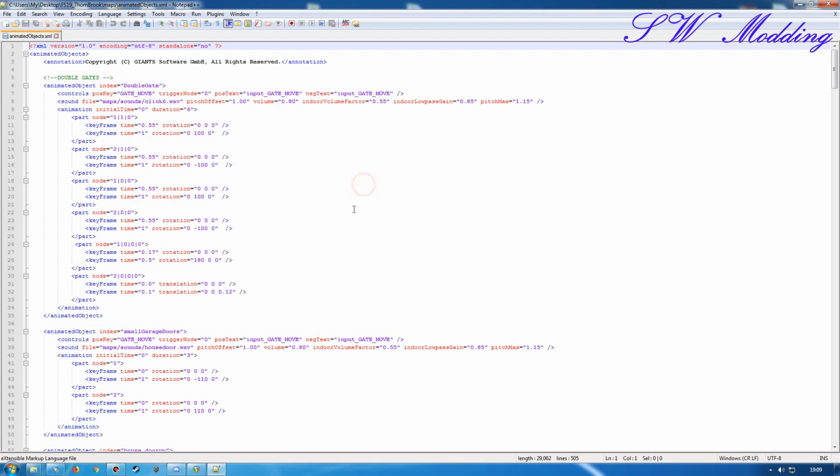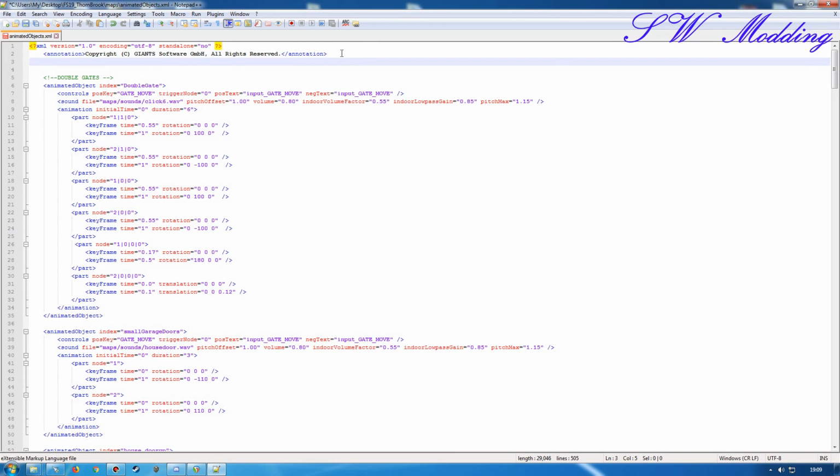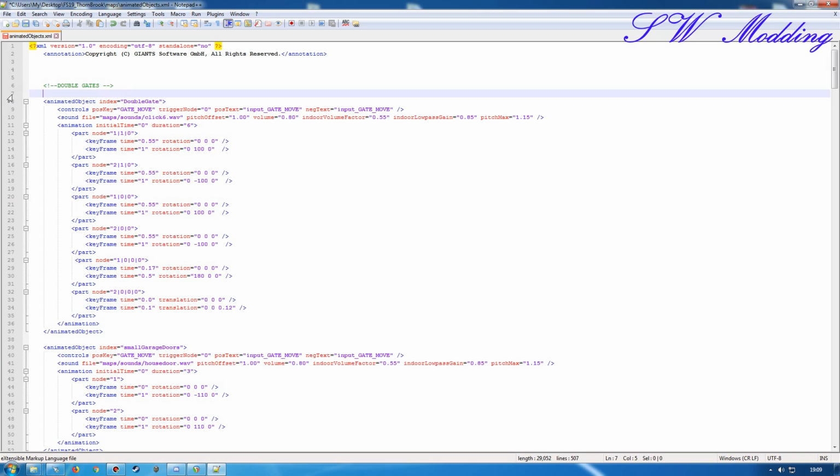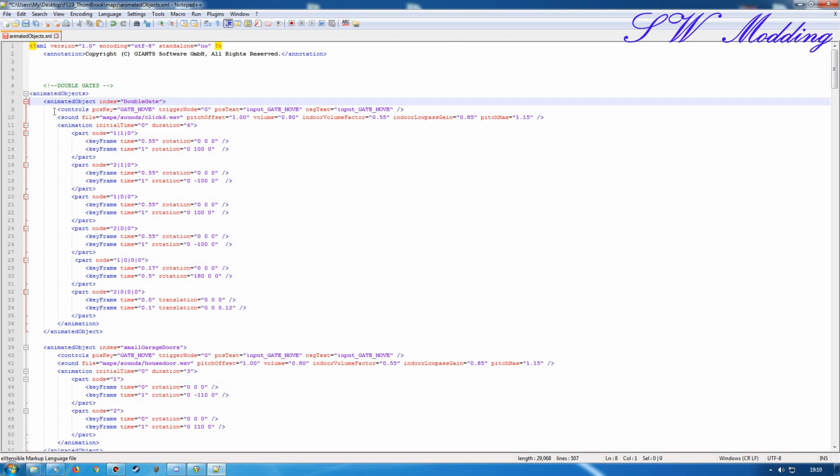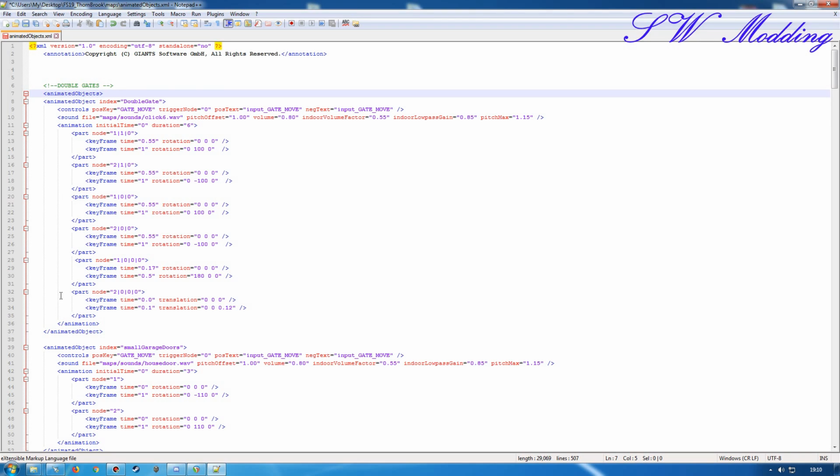And if I then open this up, that's better. We have our setup for all of the animated objects. I wish they'd line things up in here better, but I guess I'm really picky with this sort of stuff. But we have our animated objects XML,